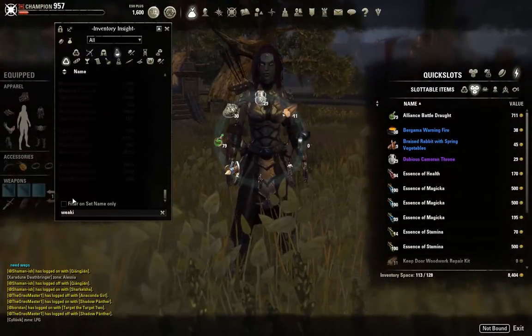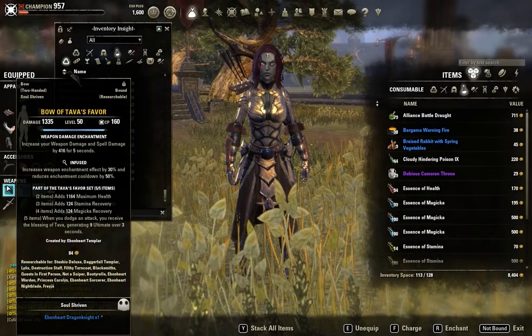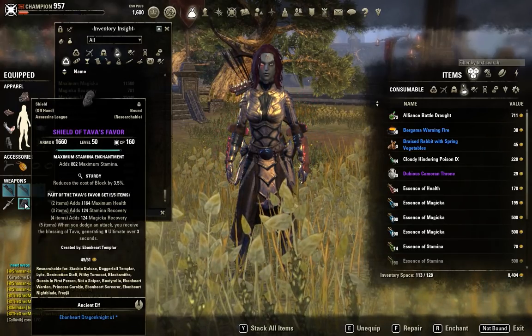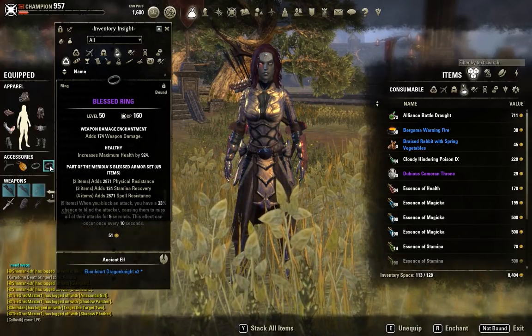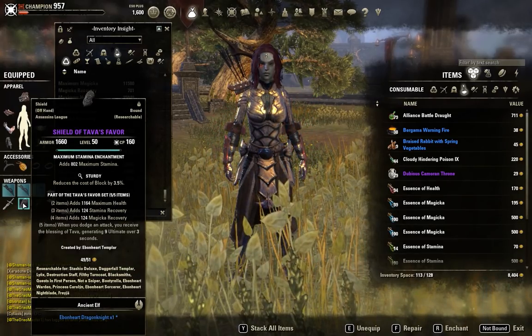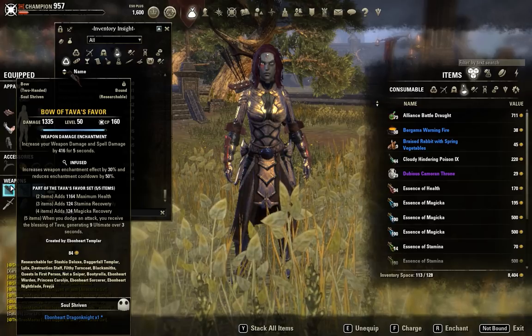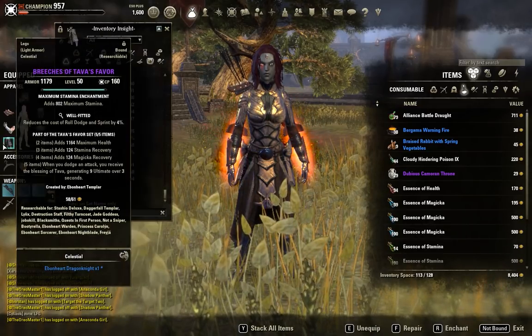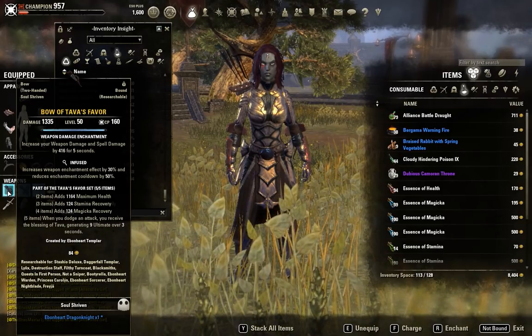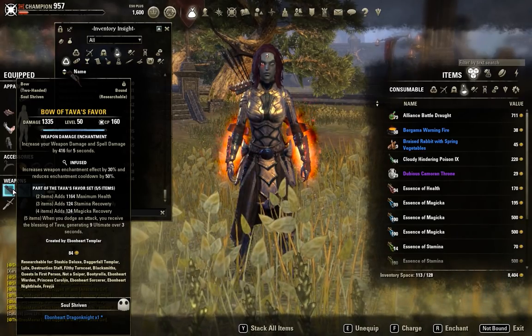Something I wanted to mention for this build, if you guys wanted to give it a shot, I'm running the 5 Tava's Favor here on the bow swap, and I've actually got the Tava and the shield. Now, if I had set up so I had the Blessed Rings and Necklace, and then a Blessed Sword, Blessed Shield, and a Blessed Bow instead of Tava's Favor, and kept all the Tava's Favor in my gear here, I could potentially switch out